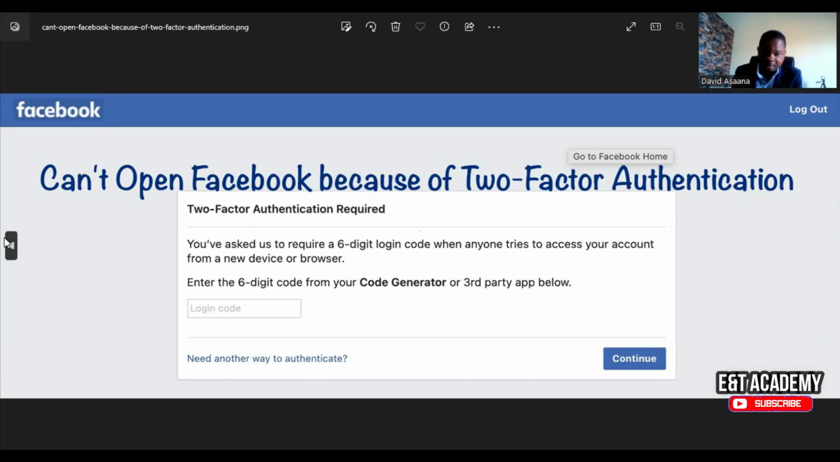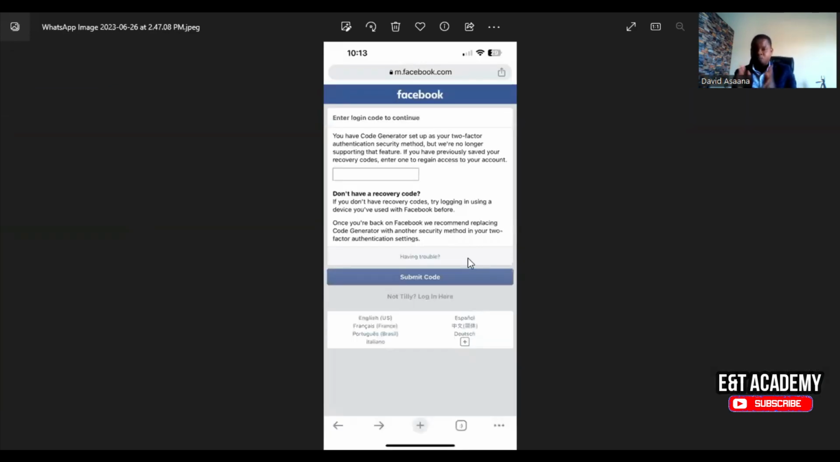Okay. Now, these are the two options you can have. You can also see them saying enter the 6-digit code sent to your phone number. Okay. It could be sent to your phone number. It could be a third-party app like Google Authenticator. So I'm going to give you all the options that you have that can help you get back to your account. Okay. Now, the first option that I will give is if you used a phone number and you still